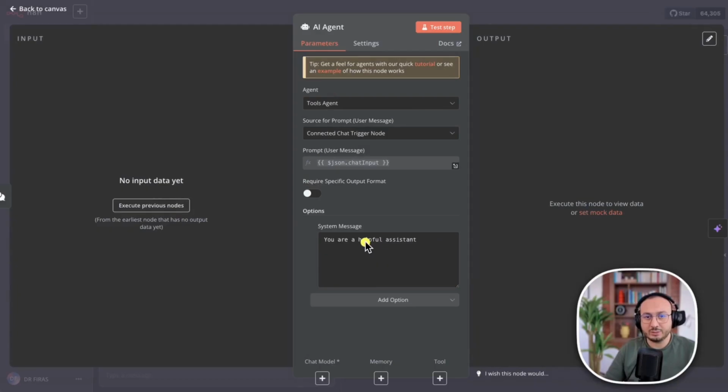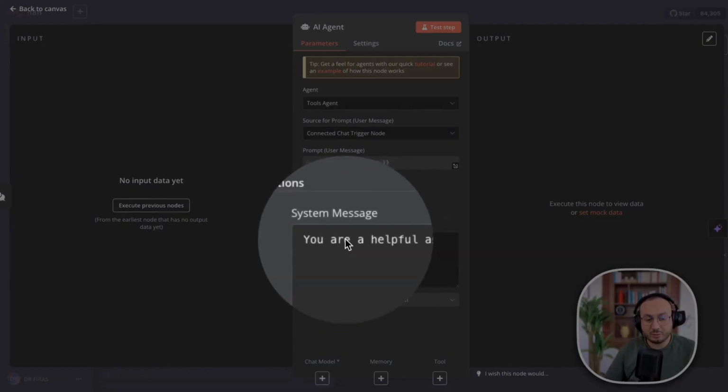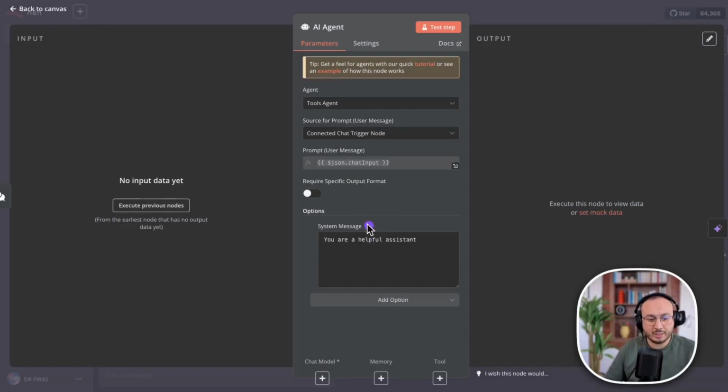So here its mission will be to be an assistant that will help me execute. Of course, I can change this instruction, but for now, I will leave it as the default. So as a result, I have my system. I can, of course, add a chat model, a memory, and other tools, or I can simply click here to